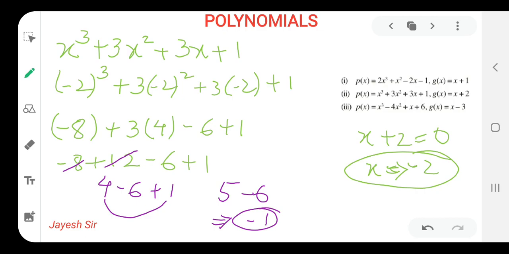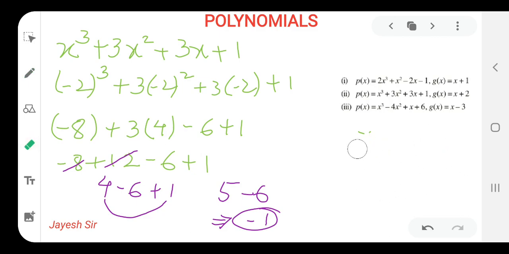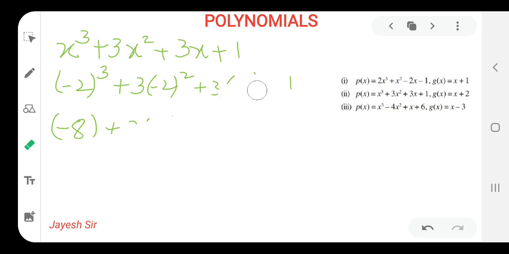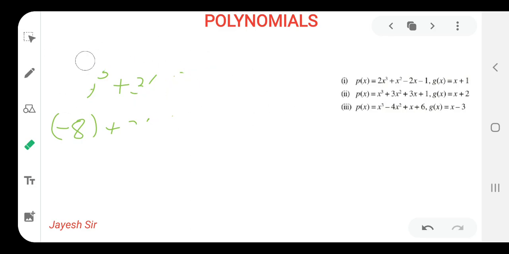I hope you all are understanding it, and that's very easy. If you solve this type of problem with a similar method as me, you won't make it incorrect. Your answer would always be correct if you think that I am having 4 rupees in my pocket and I want to give minus 1 or minus 2 whatsoever, because we know how to deal with money and we are very smart in dealing with money. So I hope you all are getting it.